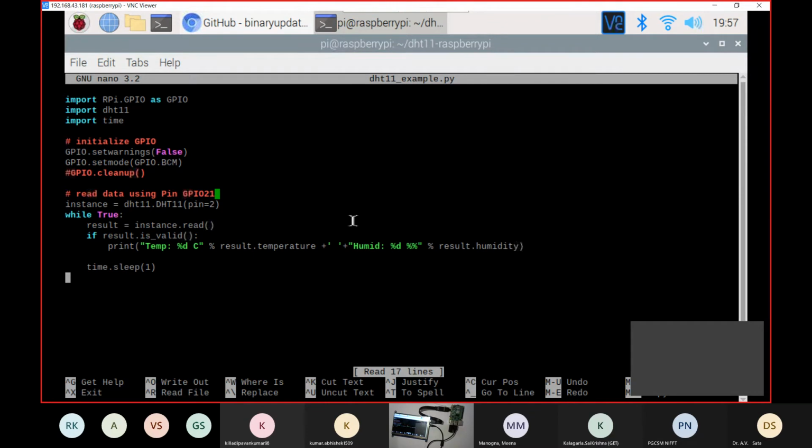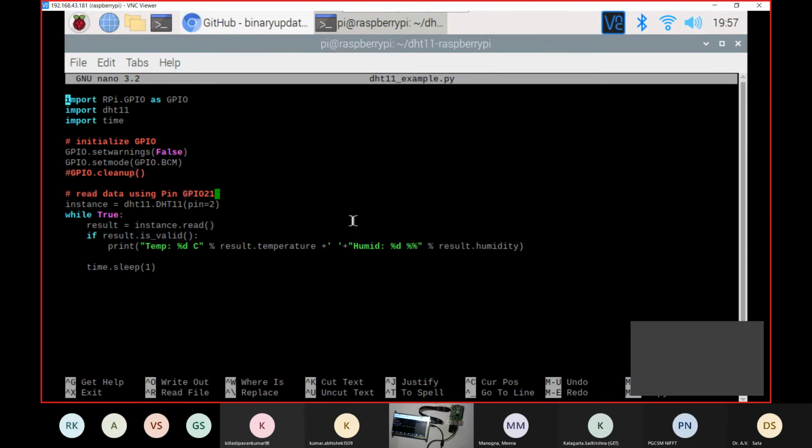Right now we have this example given from the library, and we will be using the same example to connect with the DHT11 sensor. First, we are using the import function. Import is the same as in Arduino. We will have to define what kind of functions we are using.